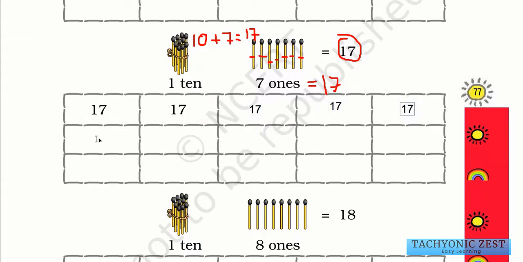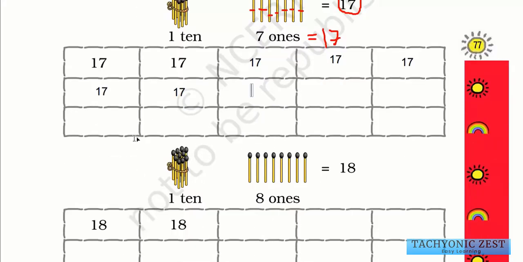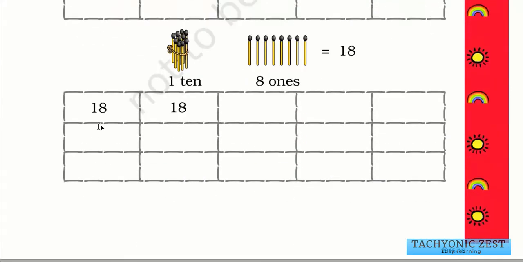Please write along with me. Fill out all the boxes. Okay, and the rest of the boxes I leave it to you as homework. Next is 110 8 ones. So again we have 110 which is equal to 10, and 8 ones. So now 110 is equal to 10 plus 8 ones. So 8 ones means it is equal to 8.